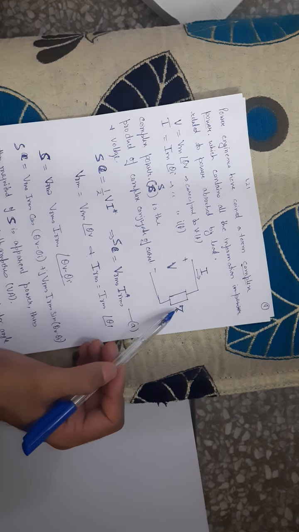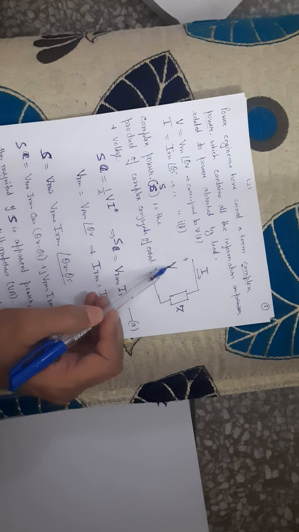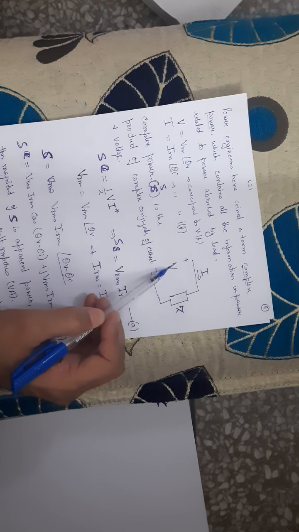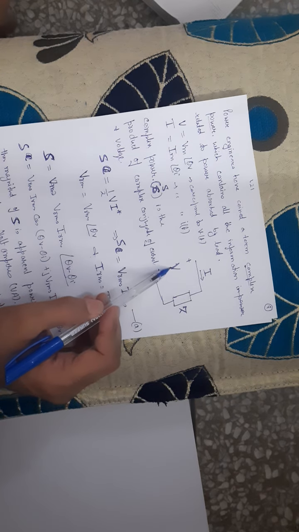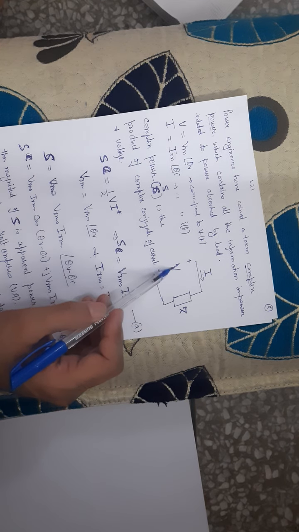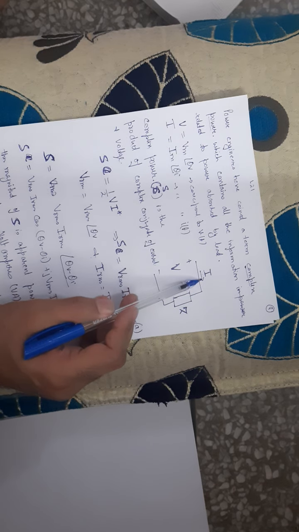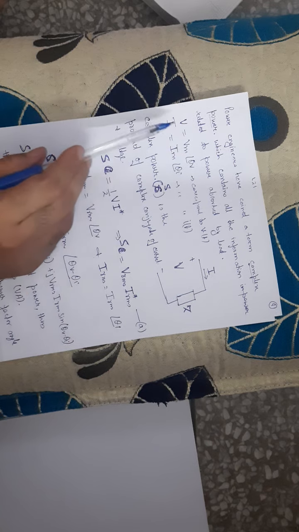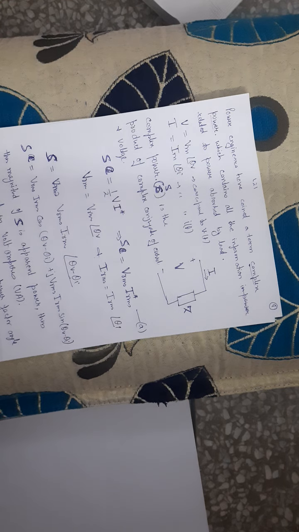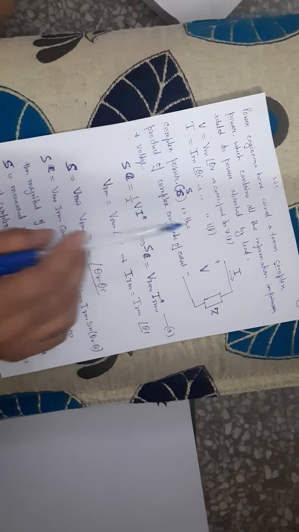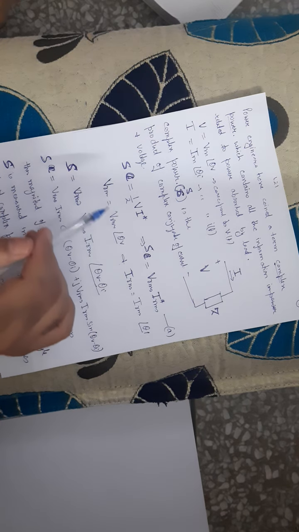So I am representing a circuit where we have an impedance Z, and a voltage source where the voltage is shown in phasor form by V, and the current in phasor form by I. This voltage phasor V corresponds to the periodic sinusoid voltage v(t), and this phasor current I corresponds to the sinusoid current i(t). So V will be Vm angle theta V, and I will be Im angle theta I. Now we know that this complex power is the product of the complex conjugate of current and voltage, halved.